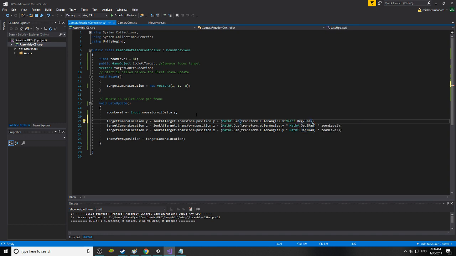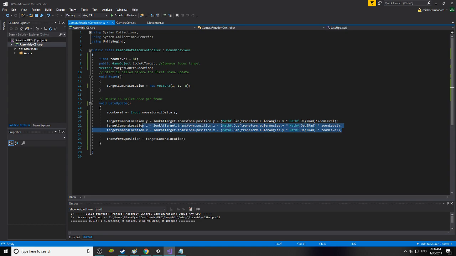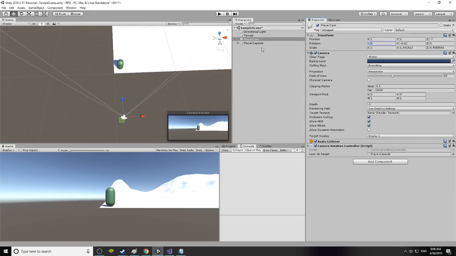And then we're going to take this. We're actually going to end it there, but we're going to multiply by our zoom level. Okay, so that's perfect. So what is going to break on this? These two are going to break. These two lines. And you'll see it when we test it. And the reason why is because